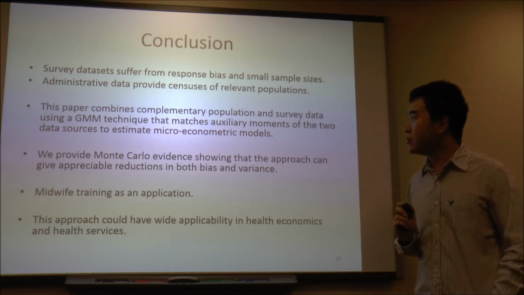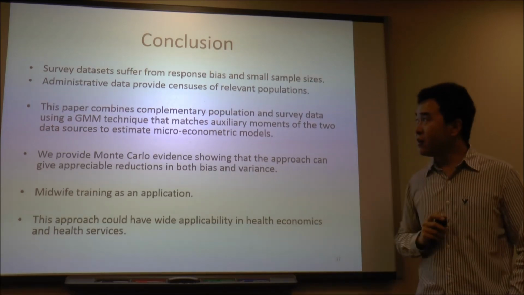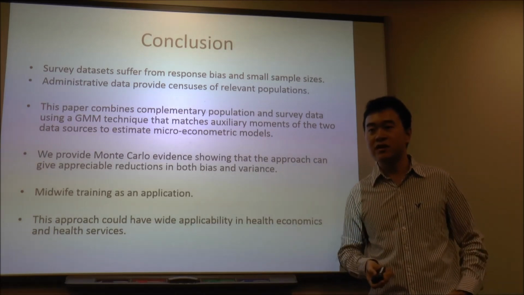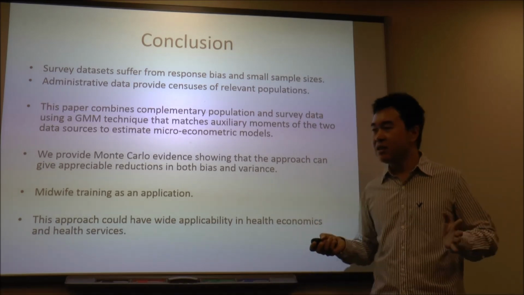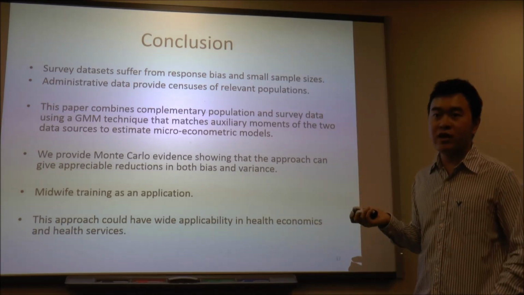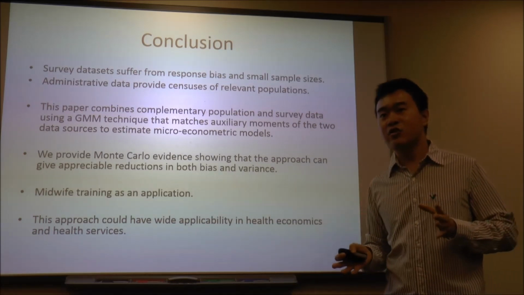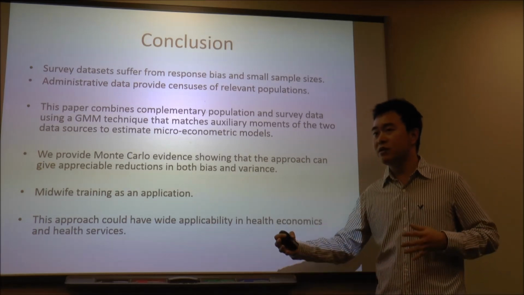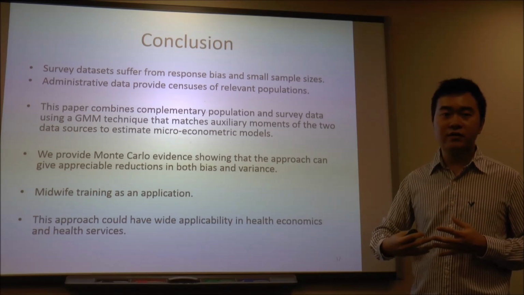Alright, I'll draw a quick conclusion. We all know that survey data suffer from non-response, small sample size, and attrition. At the same time, administrative data provide some sense of the population. This paper used Hellerstein and Imbens' technique with the generalized method of moments, adding the actual information and simultaneously reweighting the data